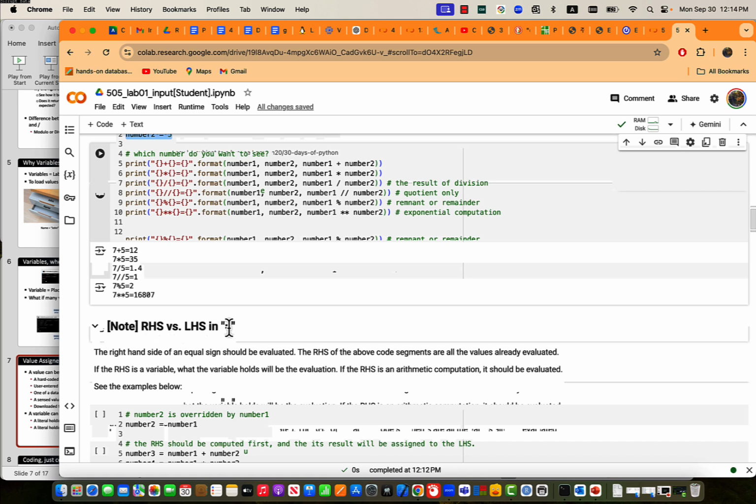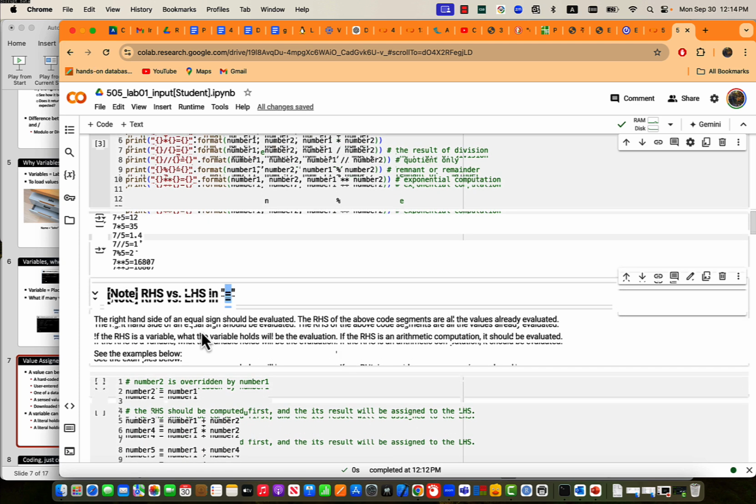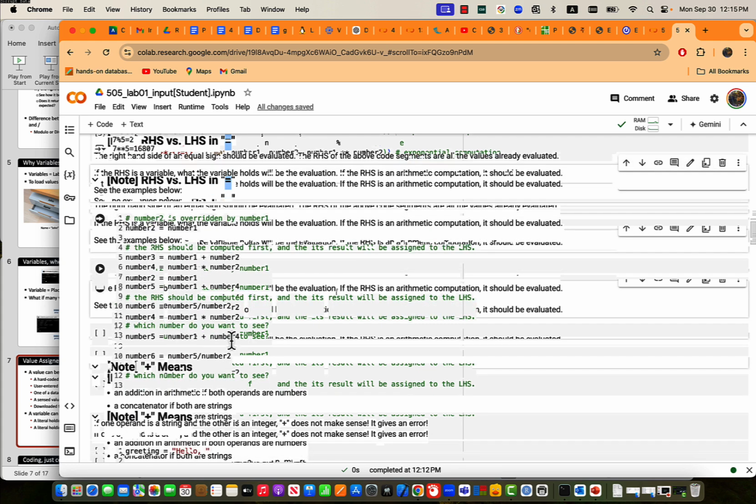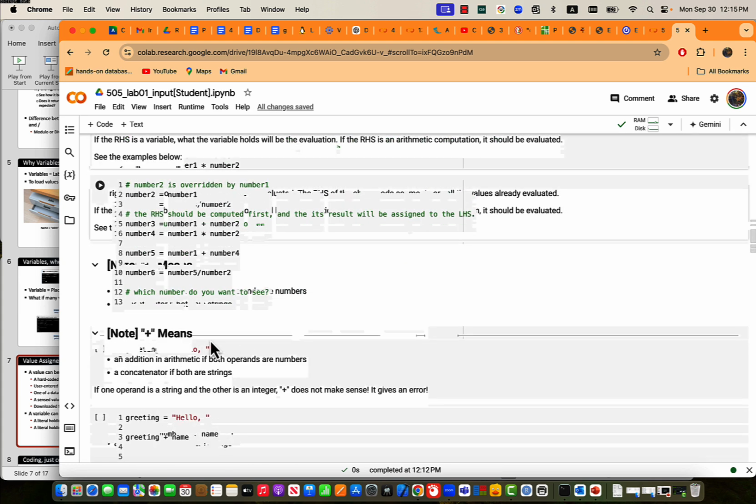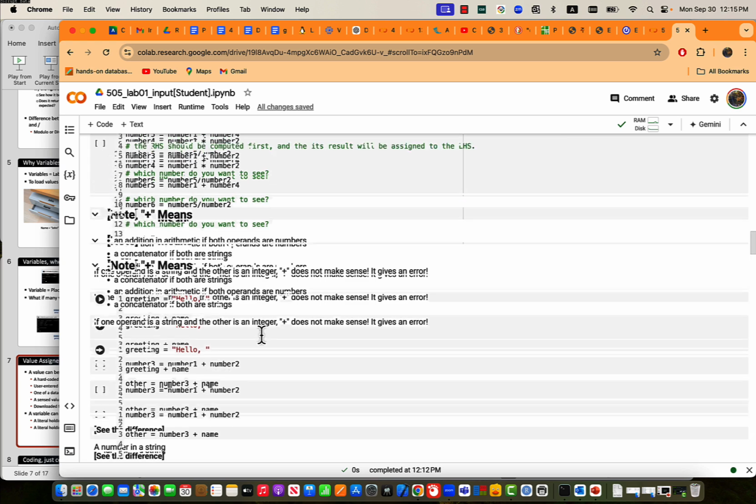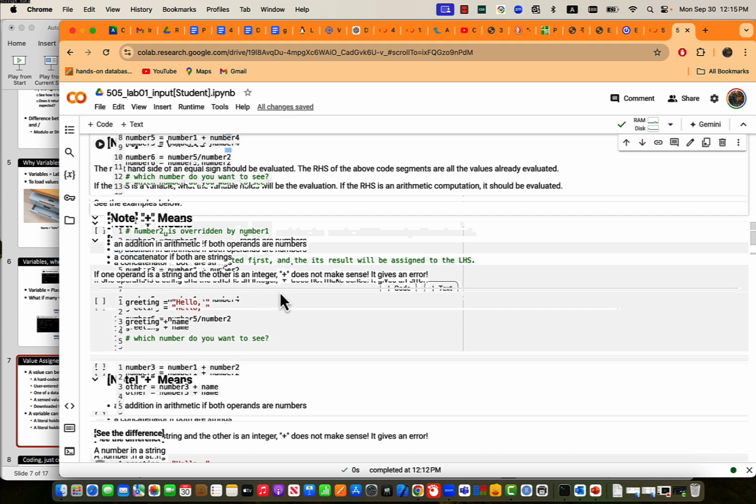So this explains the left side of the equal sign and the right side of the equal sign. As I said, the right side needs to be evaluated. We already did it here. Plus means, in mathematics, like here, that's an adder, right? 7 plus 5, that is the adder. But we can do it also